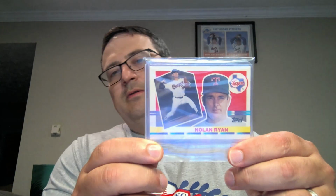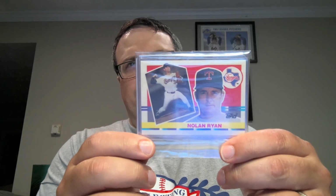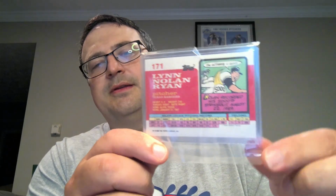After that, there was Topps Big, which was just a larger card. And Topps Big was a 330 card set distributed in 3 series of 110 cards apiece, and Nolan was in the second series, number 171 here. And these are cool because they have like the old school comics on the back, cartoons, and like a little tidbit